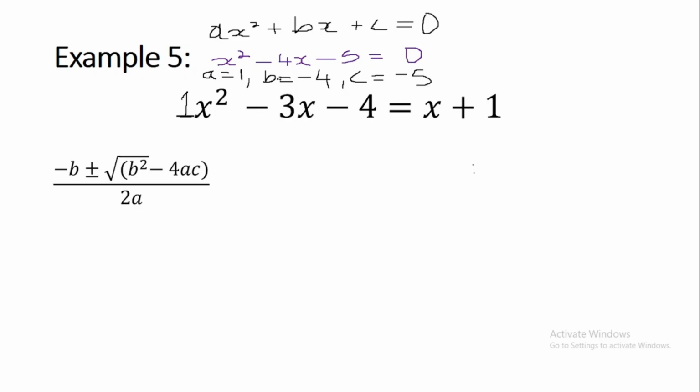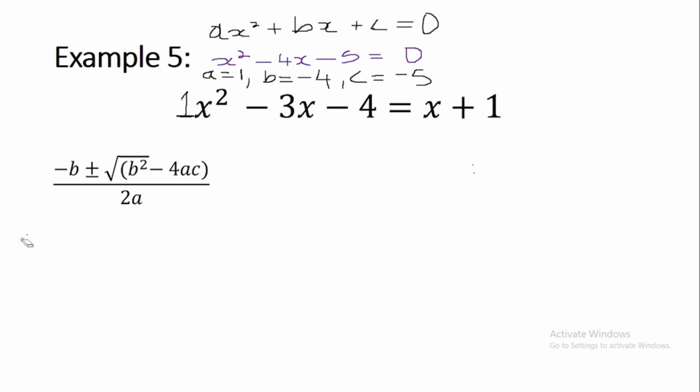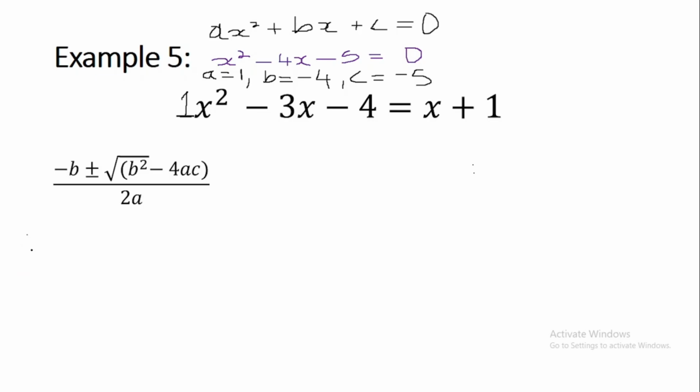Now that we have our A, B, and C, we're going to use it in the formula. So that's going to look just like this. We have our negative B, and B is negative 4. Let's write it a little bit better, because we don't want any mistakes when it comes to this part. There's something very important that we have to look out for, and that's the sign. So negative B is going to be negative 4, plus or minus